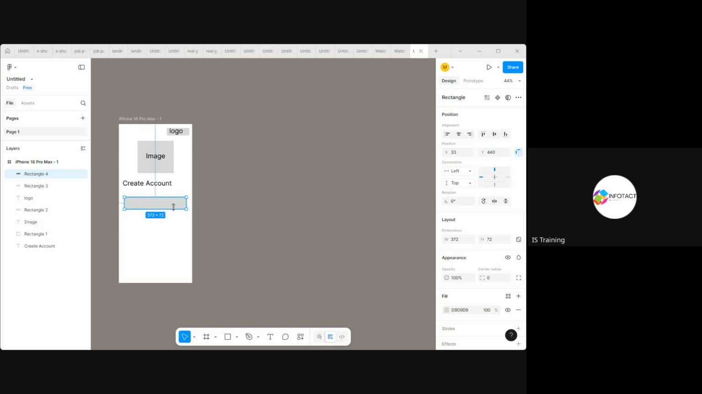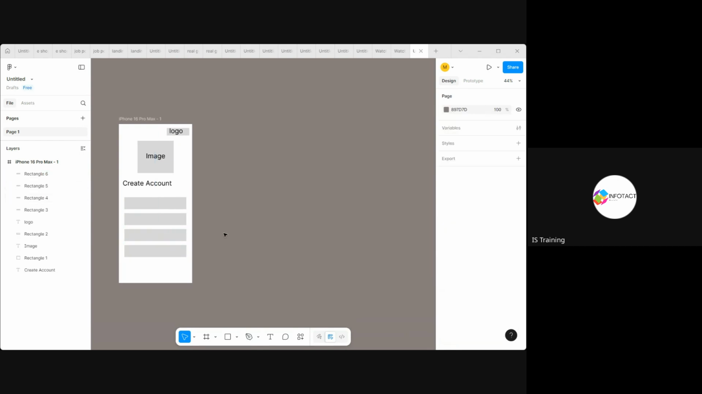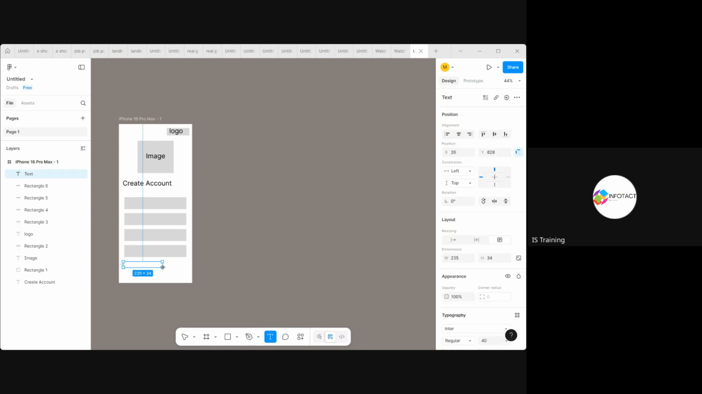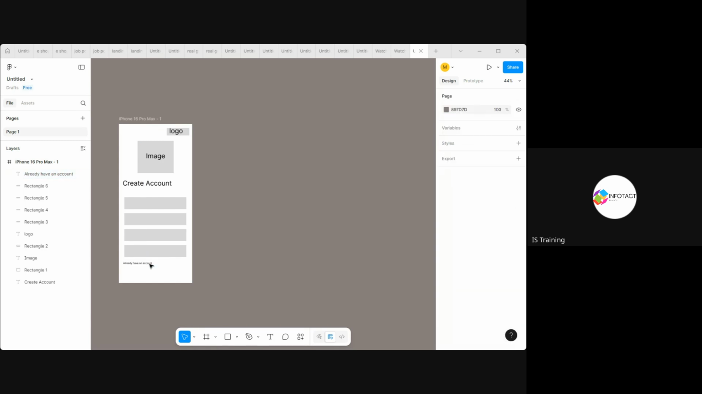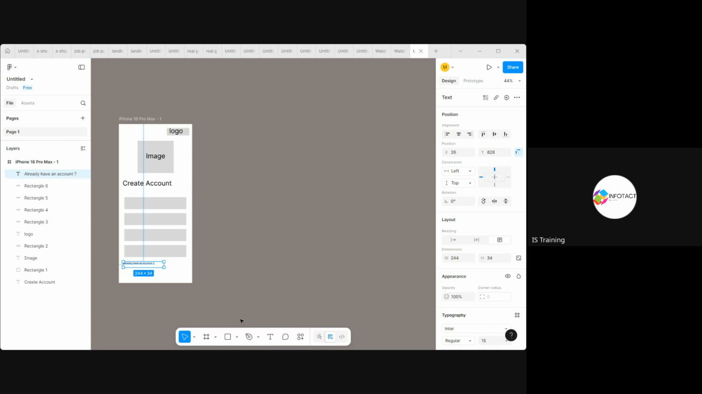So just Control D. Then here will be some text like "Already have an account?" Something like this. At last, you will be having a